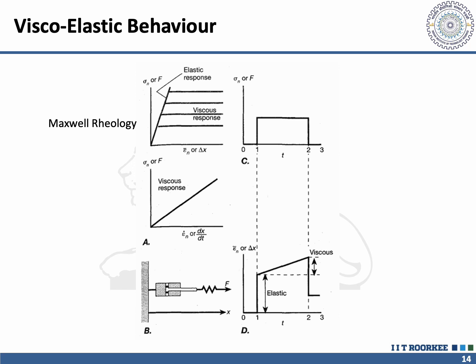This diagram represents the Maxwell model of viscoelastic behavior, which is ideal for describing materials that have both elastic and viscous responses, but with immediate elastic deformation and permanent viscous flow. If we look at figure B, it is composed of a spring, which is the elastic element, and a dashpot, which is the viscous element, and they are arranged in a series combination. When a force F is applied, the spring stretches immediately, but the dashpot deforms gradually over time, modeling the creep